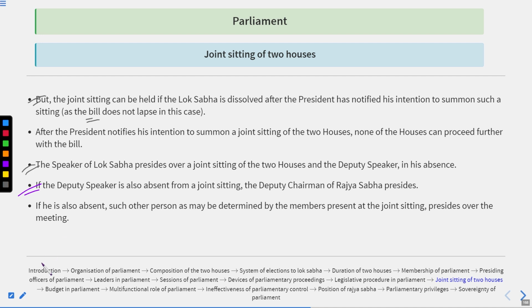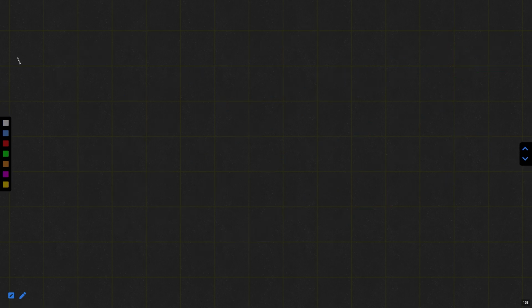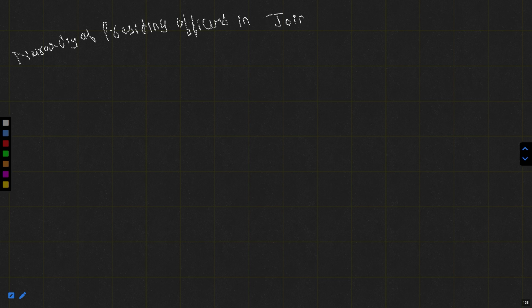So if we make the hierarchy of presiding officers in joint sitting,